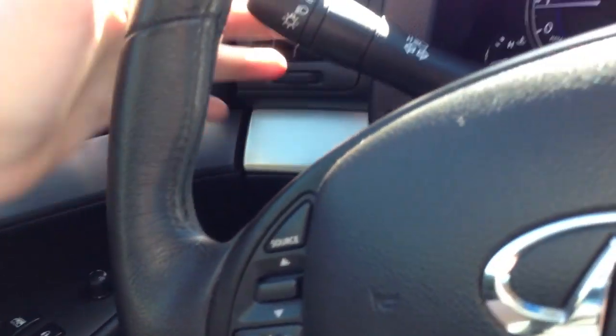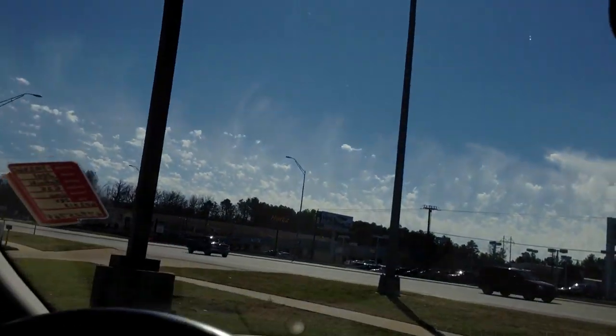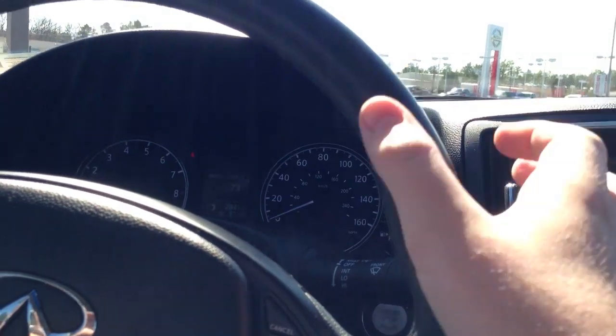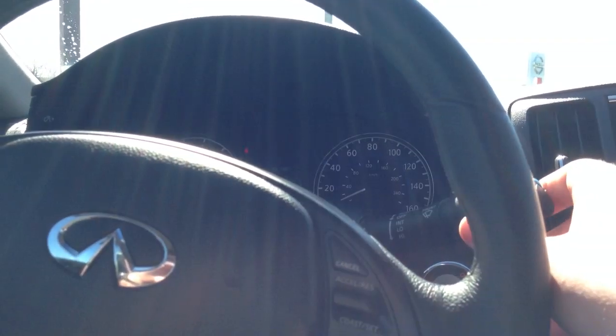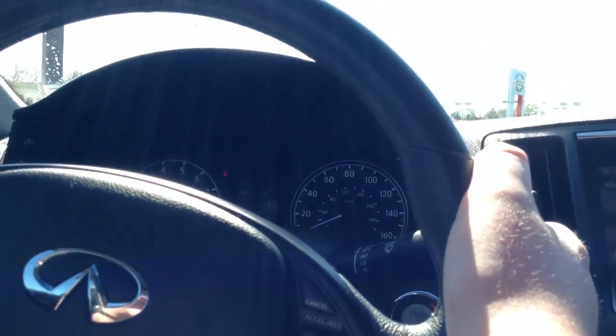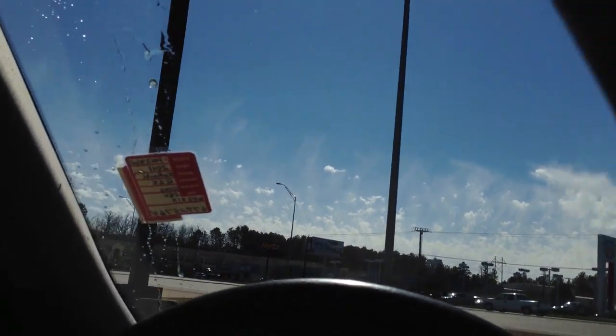Automatic headlights with fog lamps. And there's your turn signals, your wiper controls. Just wipers like that now look so weird to me because I'm so used to the ones in my Fusion, which go opposite ways. Clean the windshield a little bit, it's kind of dirty. These wipers actually squeak. These aren't the correct blades. These are blades that someone who didn't know what the heck they were doing put on, because you can see it doesn't go far enough over. Up here you have mirror with vanity light,